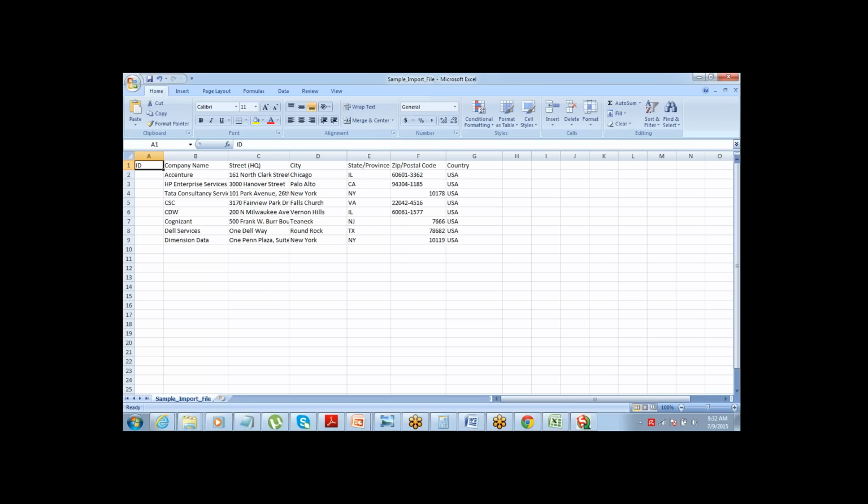Salesforce creates an ID for every record which is created. There is one more field which Salesforce automatically creates, which is ID, and this ID is basically the identifier of the record.